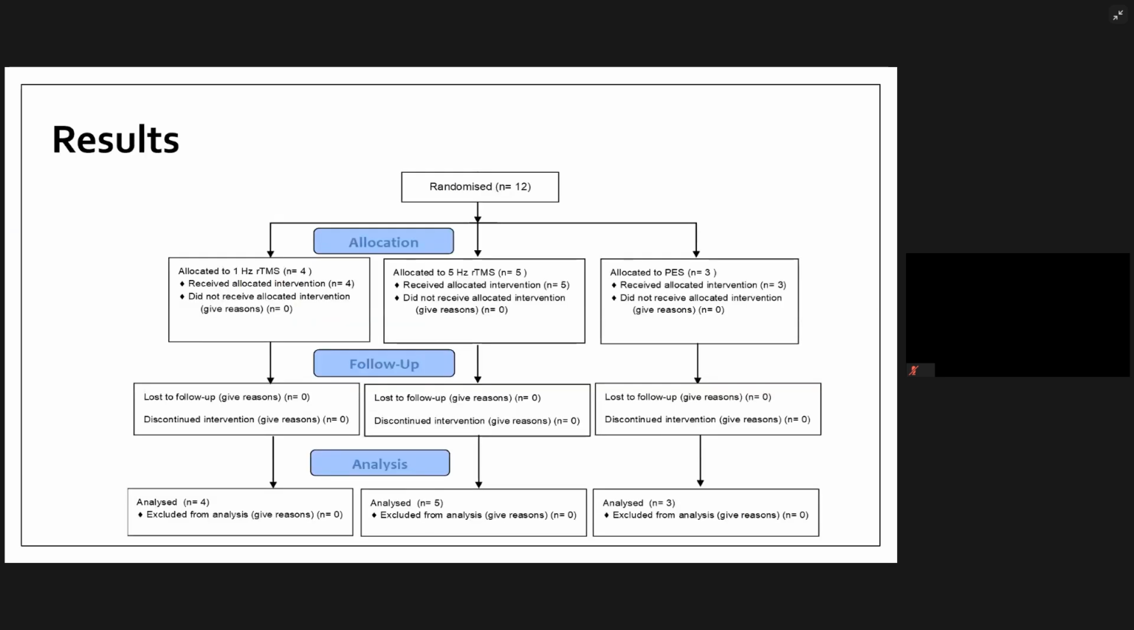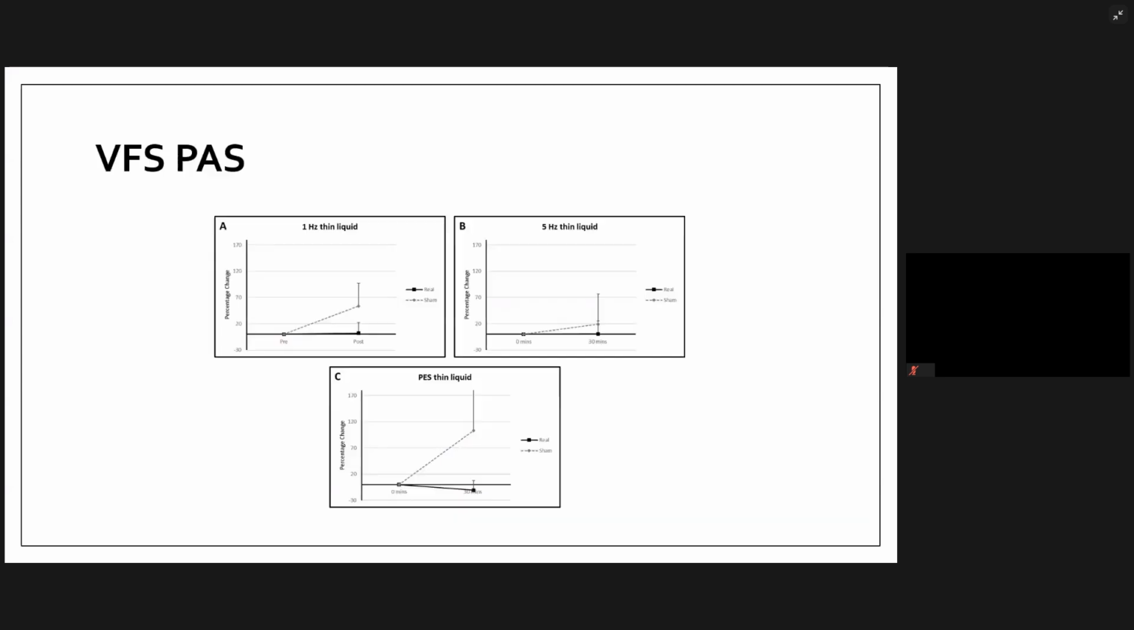All patients tolerated the interventions well, with no adverse events being reported. 12 participants were recruited and randomized accordingly. So 4 were allocated to the 1 Hz RTMS group, 5 to the 5 Hz group, and 3 to the PES group. In terms of the key results, what we found was separation